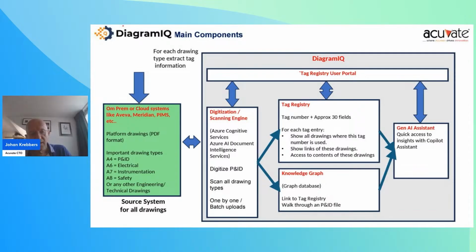You can find at any one time what are the connections from each component to every other component, or any type of questions you would like to ask. So we're creating two stores: a tag register with all the tag IDs of the company for the whole enterprise, and with link information about in which drawings information about the tag IDs is stored, and it can create a real-time link to the green part to show the drawing as well. It also shows any other relevant tag information you need to keep. And the knowledge graph is really your digital representation of your P&ID.